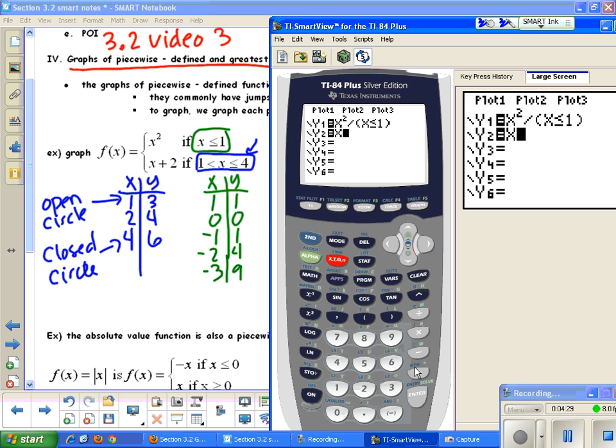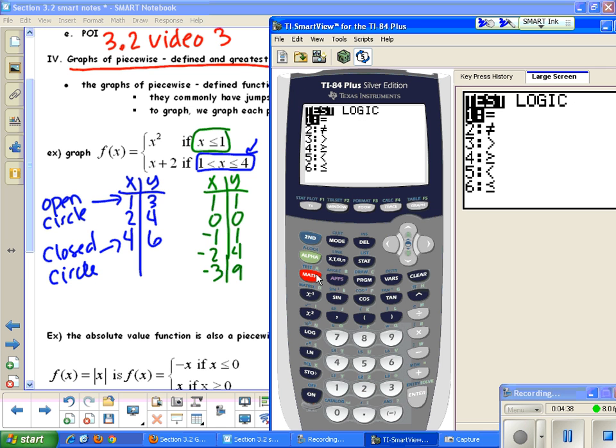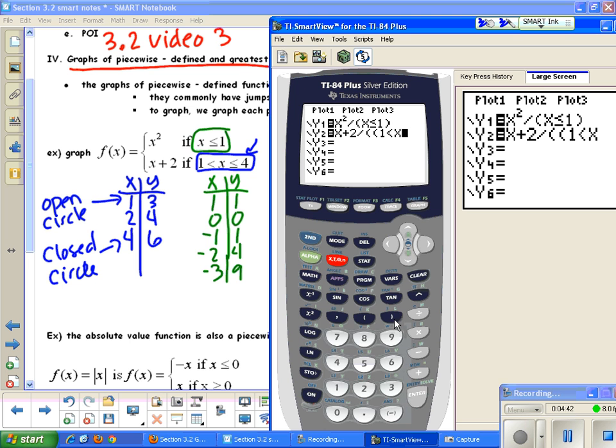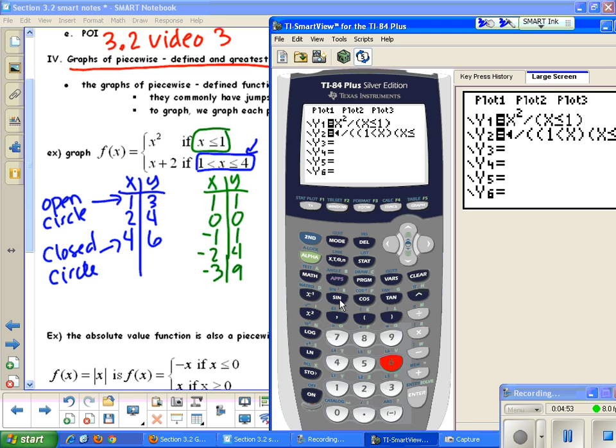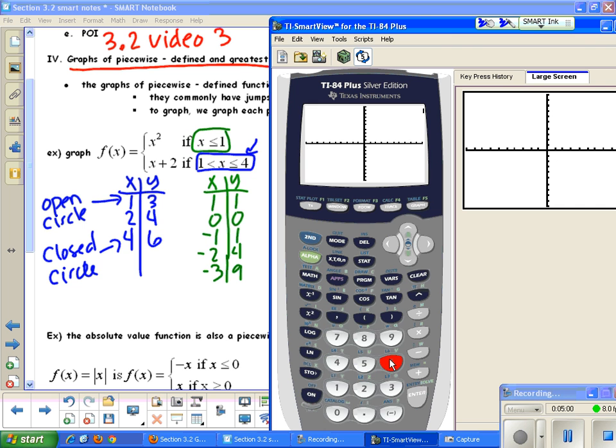So then for the next part I have x plus 2, use the division symbol, parenthesis, parenthesis, 1, second math, is less than, so number 5, x, and then close parentheses. Like I said, you have to do it separately, otherwise your calculator won't be able to do it. And then x, second math, is less than or equal to, so number 6, 4, close parentheses twice. And if you hit graph, or I'm going to hit zoom 6,